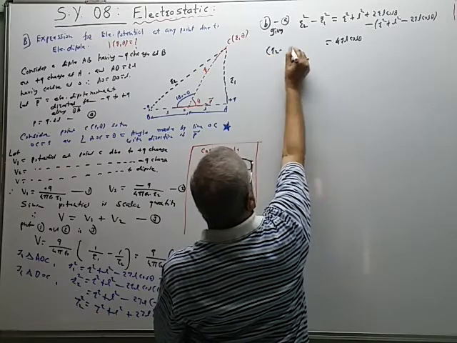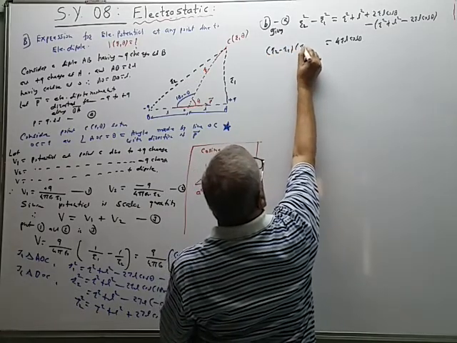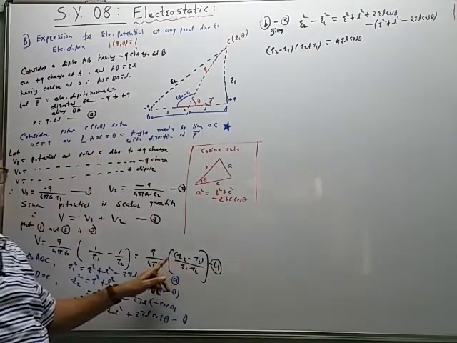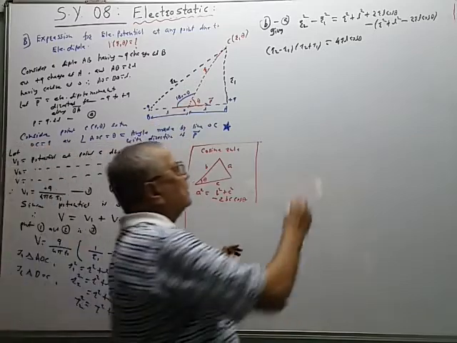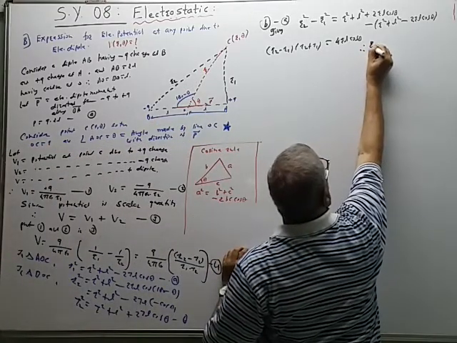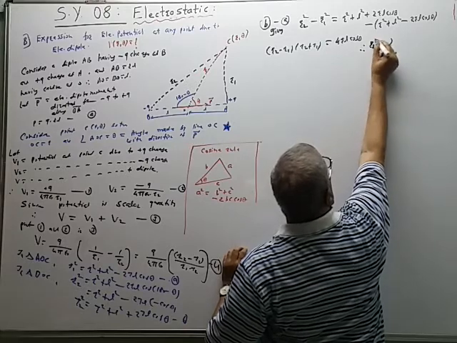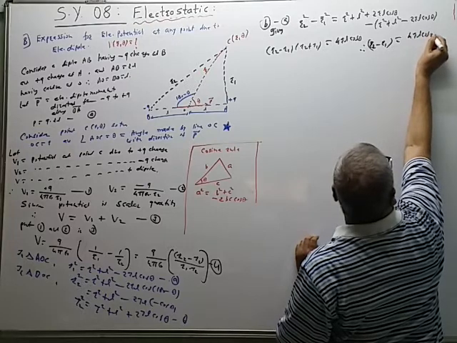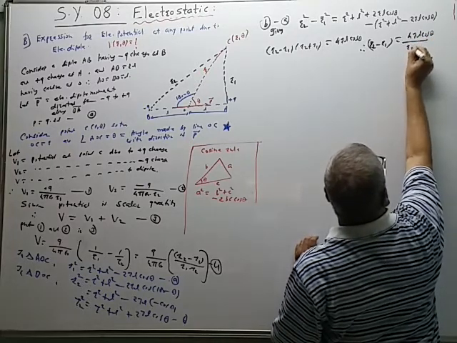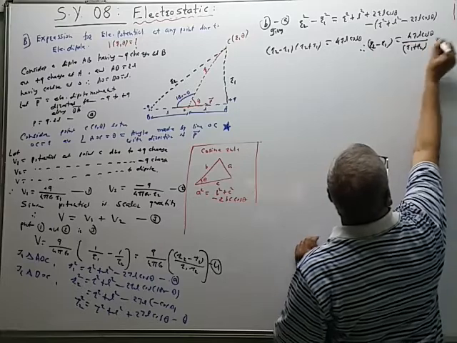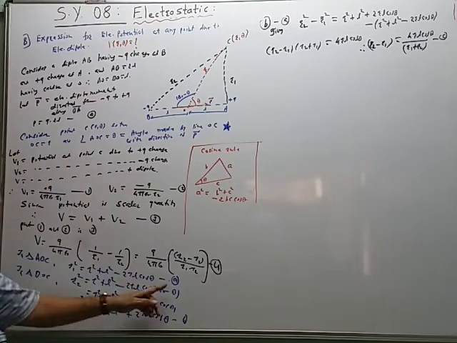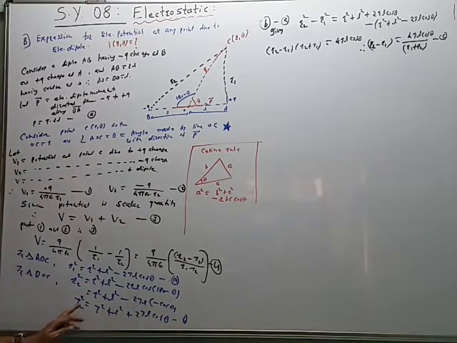On the left hand side the factors are R2 minus R1 and R2 plus R1, and therefore this bracket in the numerator, R2 minus R1, can be given like this. Therefore R2 minus R1 is equal to 4 RL cos of theta upon R1 plus R2. So this is equation C. Equation A is R1 square, equation B is R2 square, and R2 square minus R1 square will give equation C.